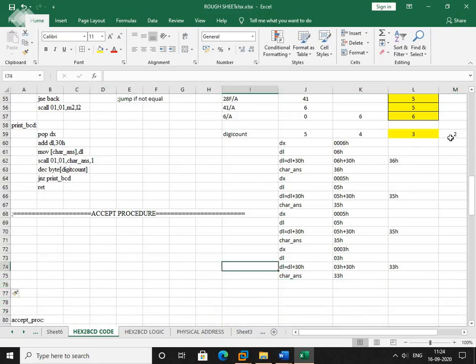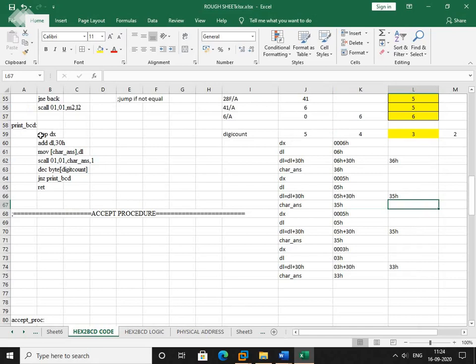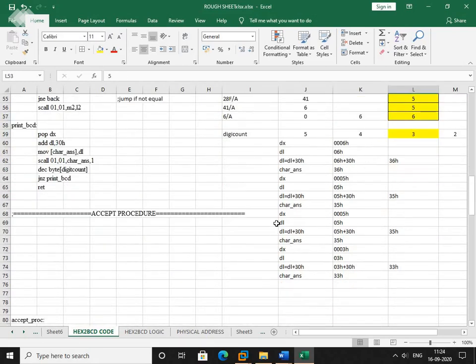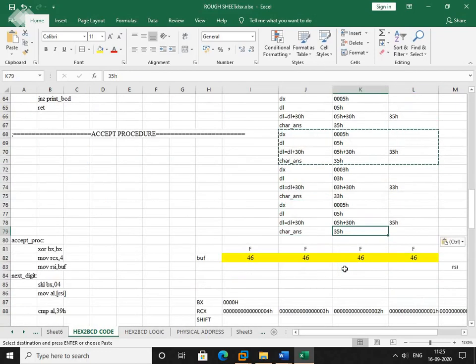Next, now digit count gets decremented by 1. Okay. Next, since it is not equal to 0, pop dx. So what is the last element? It is 5. So dl will be having 05, only the last 2 digits. Add it with 30, we will get 35h, and in char answer 35 will be stored.